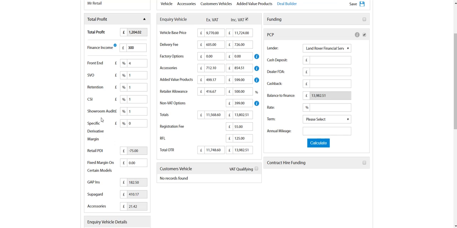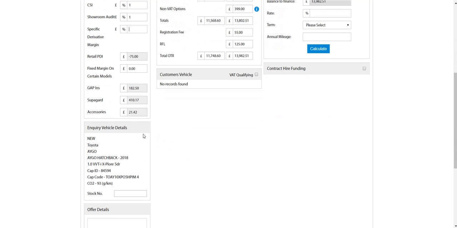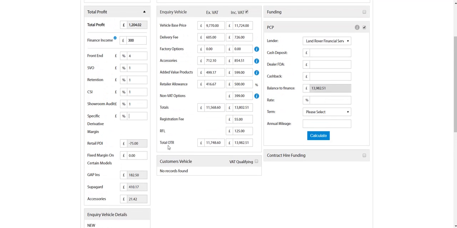So the specific derivative margin is for us to just maybe go in and say, okay, well, this is a Quattro that I'm selling, or a specific, obviously this is an IGO. So let's say on IGO Explores, you get 2% front end, and on the Explore you get another 1.5. So you can fiddle around with your margins quite easily as long as you don't fix them when having them set up. Okay. Now, fixed margins on certain models, I've set up a Prius to have a fixed margin on